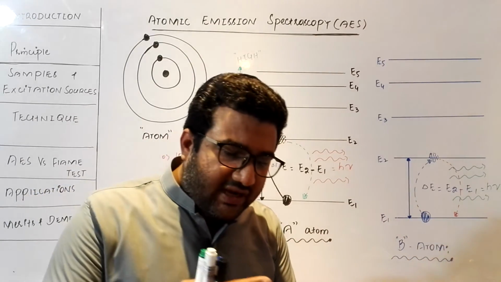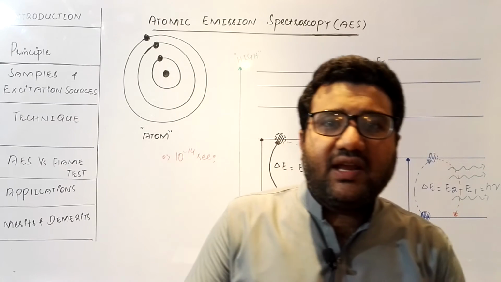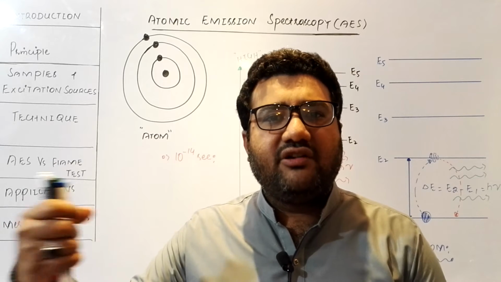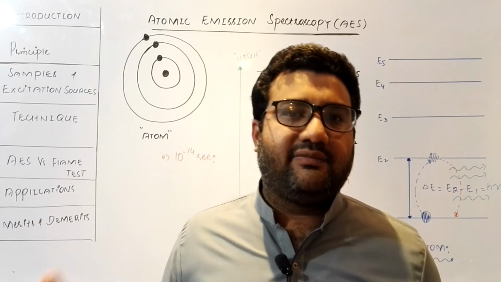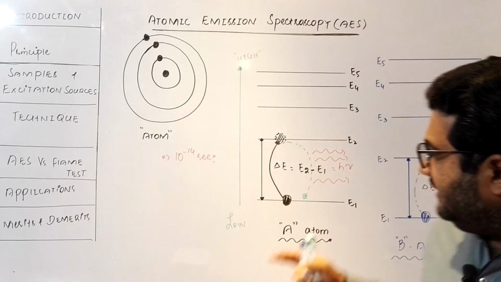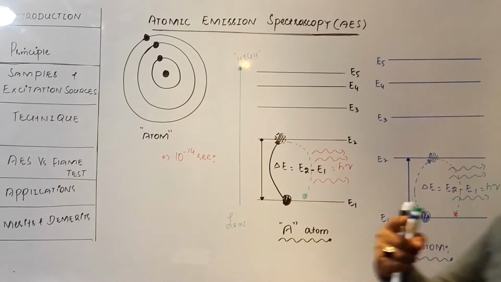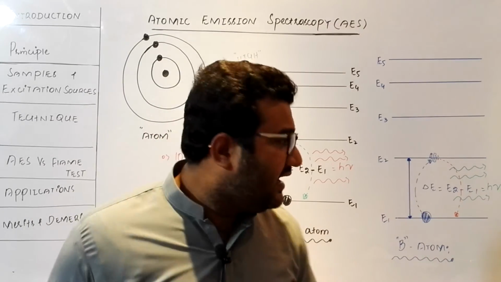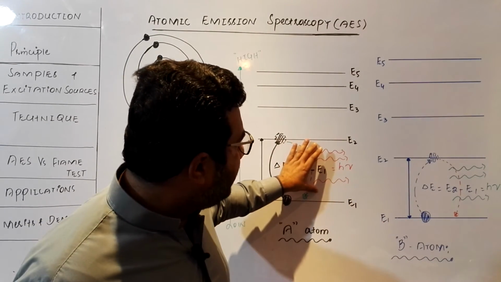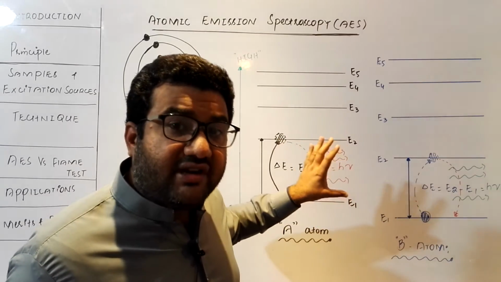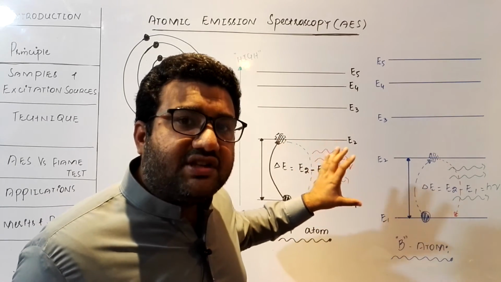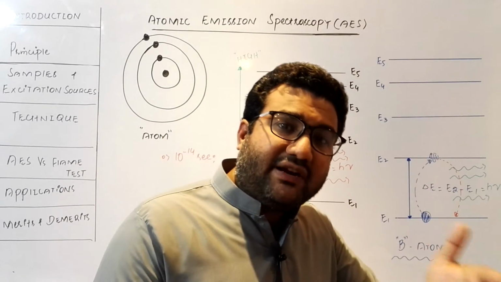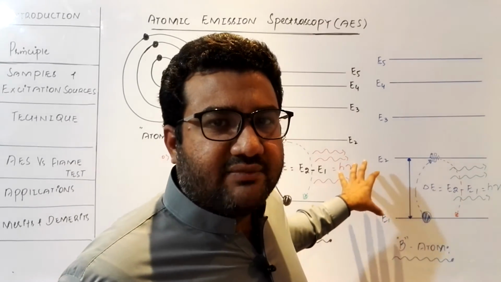Now the energy absorbed and released by an atom of one element will be different from the energy absorbed and released by atoms of all other elements. So in this case, these emitted photons will be a characteristic feature of every atom, different from all other atoms. And when these emitted photons are observed and studied using an emission spectrometer, the emission spectrometer will make an emission spectrum with the help of these emitted photons.